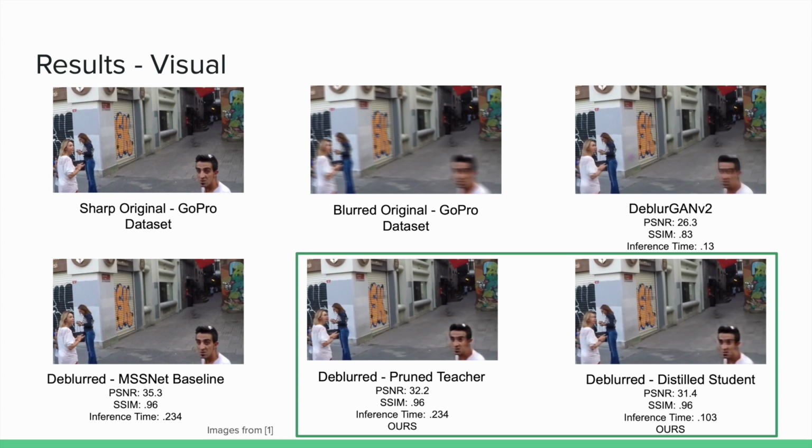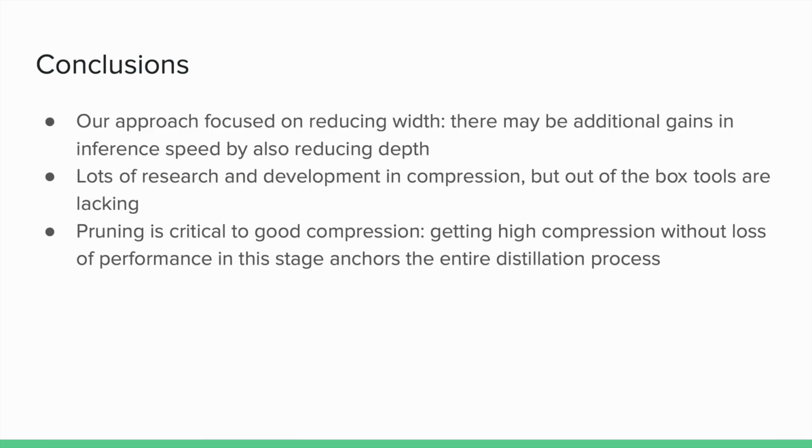Here we can see a progressive degradation in image quality between the baseline, pruned, and distilled MSSNet models. Compression loss can be seen in the distilled model, especially around the faces of the man and the woman. Comparing DeblurGAN to our distilled model, overall visual quality is similar, but ours appears to perform better with objects in the foreground. We were able to achieve our goals of producing a compressed MSSNet with better inference times, but our